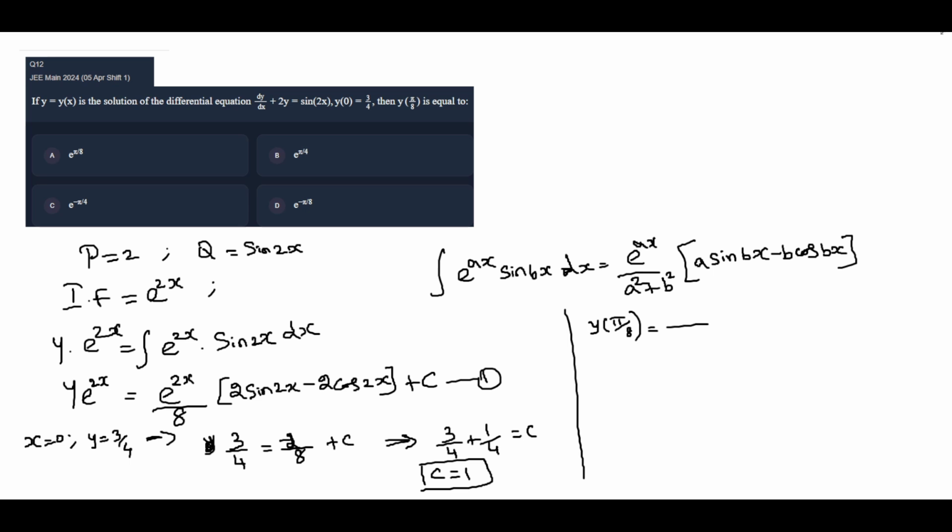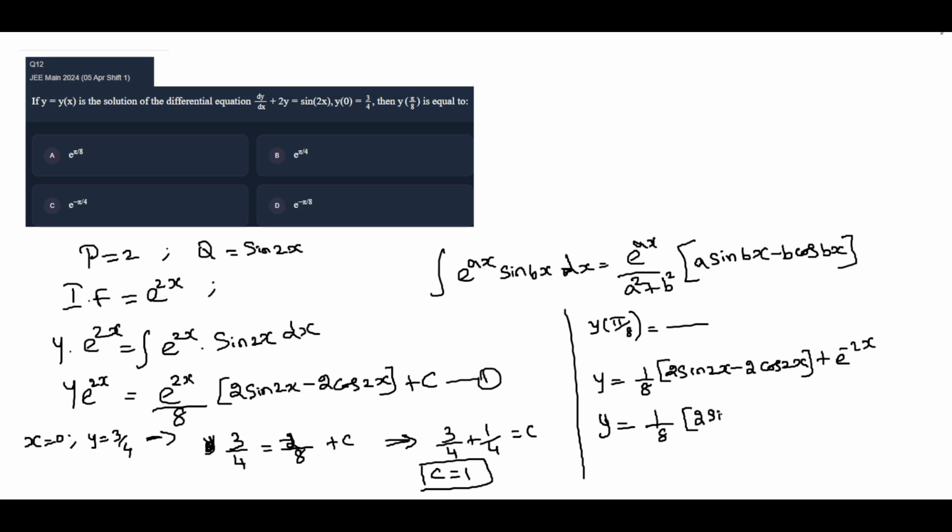Okay, y of pi by 8 means, y equal to, I'm just cancelling e power 2x, so y equal to 1 by 8 times 2 sine 2x minus 2 cos 2x plus e power minus 2x. Now apply pi by 8, x equal to pi by 8 means y equal to 1 by 8